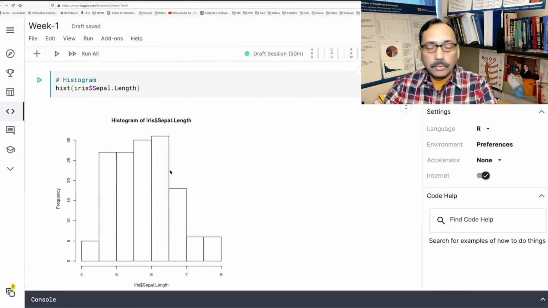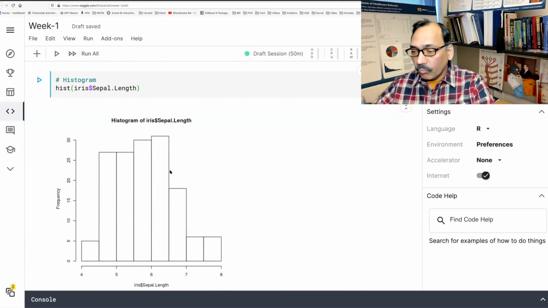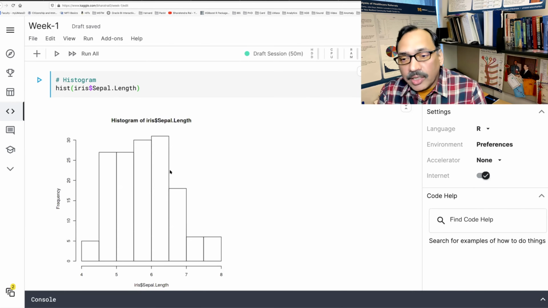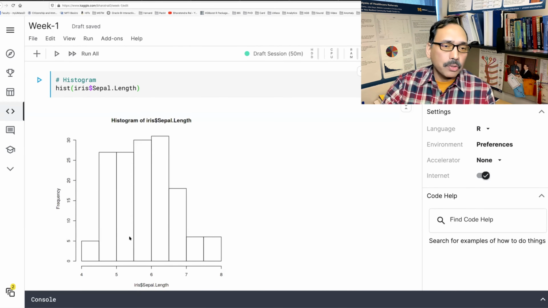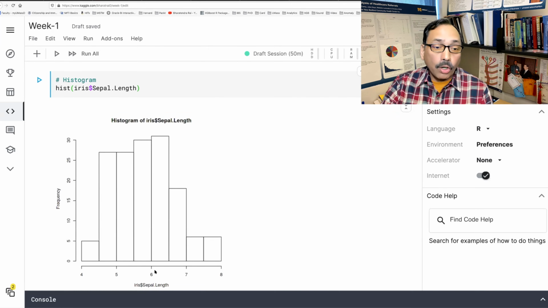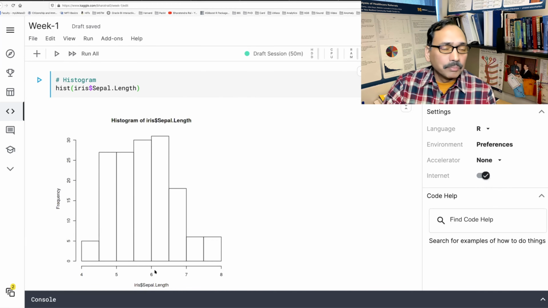So that gives you a histogram. Those of you who are not familiar with R, you must be wondering, how do we know that for histogram, HIST is the function, and how do I add attributes so that I can get a title, or I can change the color, or I can have more number of bars instead of the default, or change anything.